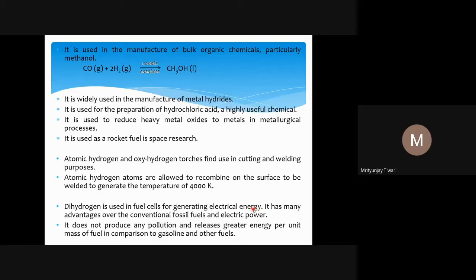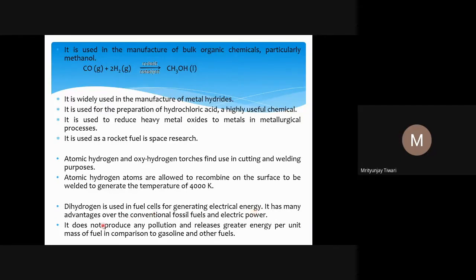Hydrogen splits into protons and electrons. Electrons go to the outer circuit. Protons get transferred from one part to another, from anode to cathode, and there the electrons are going. So electricity will be generated, and there are some membranes to transport H plus from one part to the other part. And likewise, the H plus and electrons combine there and form hydrogen gas. People use these devices, which are called the fuel cell or hydrogen fuel cell.